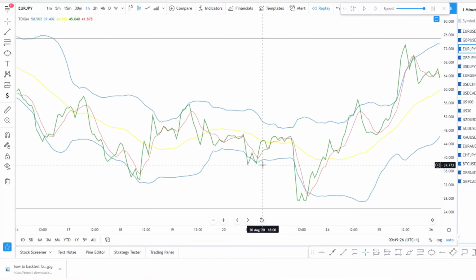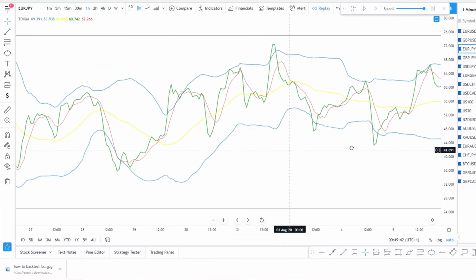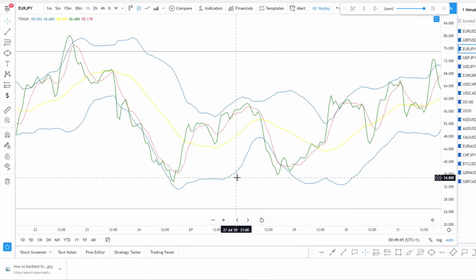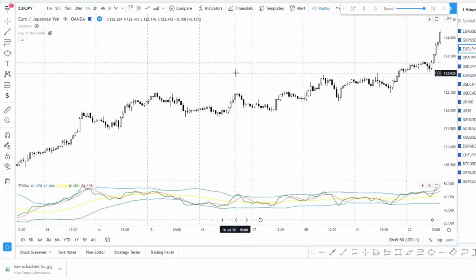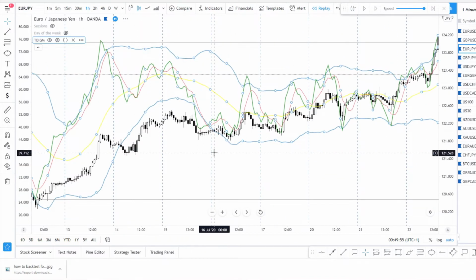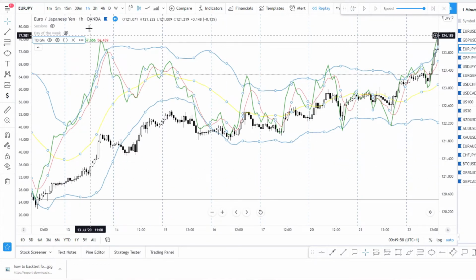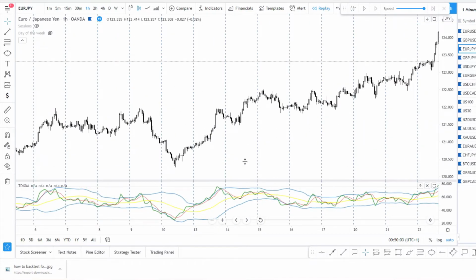So just by mastering the TDI, I would recommend, if you want to use an indicator, to look into TDI. You can pretty much predict. As you can see, it is making Ms and Ws, so you can predict the price. Just by looking at this, I can tell you, like before, what price will most likely be doing. This is what you're looking for. And again, I did it again, guys and girls. But you get the point.